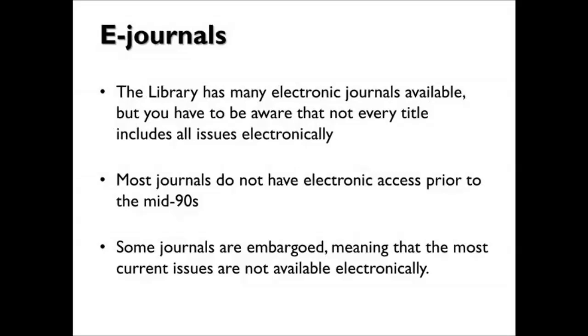We buy them with databases, so we'll subscribe to a database such as CINAHL, and it comes with a set of journal subscriptions. And then we'll also buy journal subscriptions in packages. And sometimes the publisher just presents these packages in a way that they'll pick certain titles and make you pay extra to get the most current content. So we have to analyze our user population and decide if we need the most current content and if we want to pay extra to get it. So those are some of the things that you'll run up against when you're looking at electronic journals in the